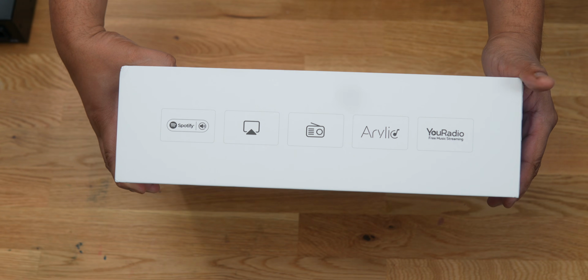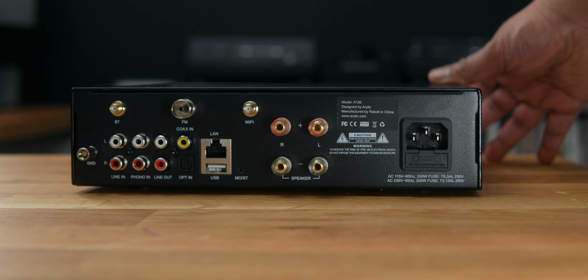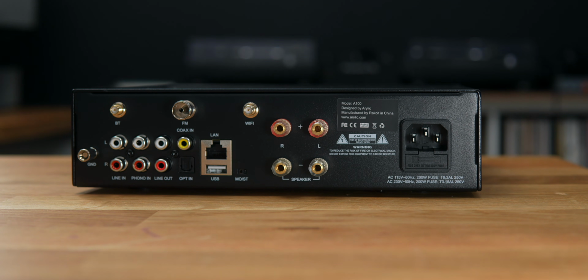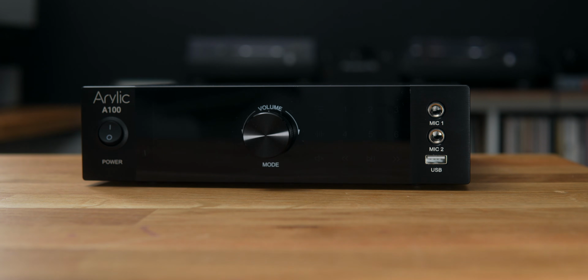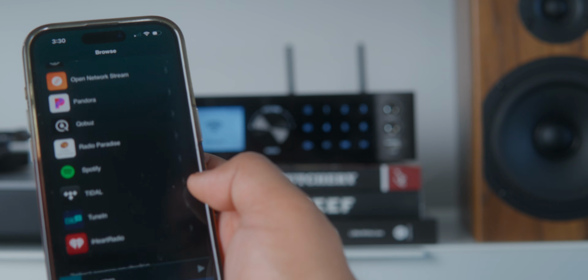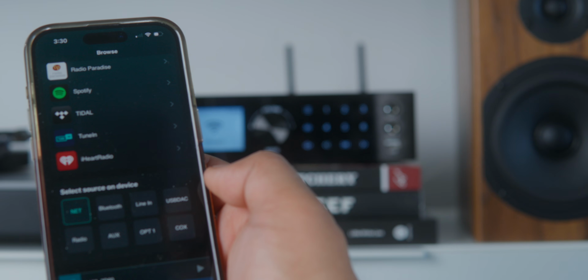You get KTV singing and broadcasting with any audio sources supported. You can also listen to music off your NAS. You get one RCA, one phono, optical, coaxial, and one USB input. You get 2 front mic inputs and 1 front USB input, though it's limited to 100 songs somehow. You can also access other online music services like Amazon Music, Tidal, Qobuz, TuneIn, BBC Radio, Internet Radio, iHeartRadio, Radio